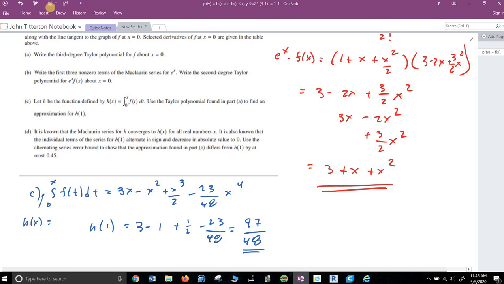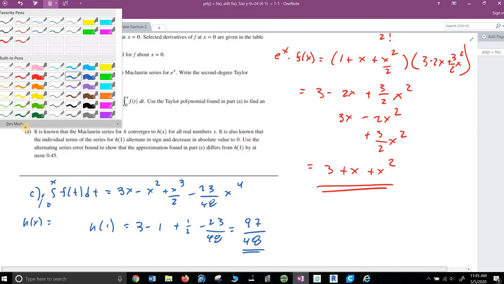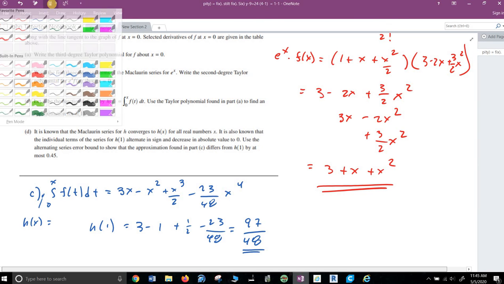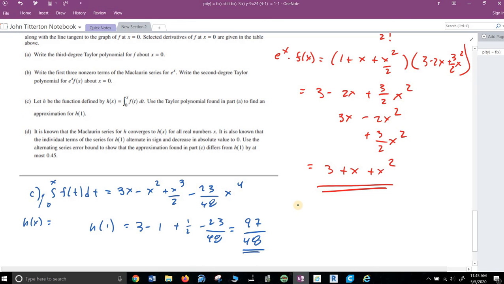And now part D, you already know, you do not have to do for the 2020 exam. But as I keep saying, since the 2020 exam is not the only one that these videos might be used for, how do you find the error bound? Read it carefully. It says